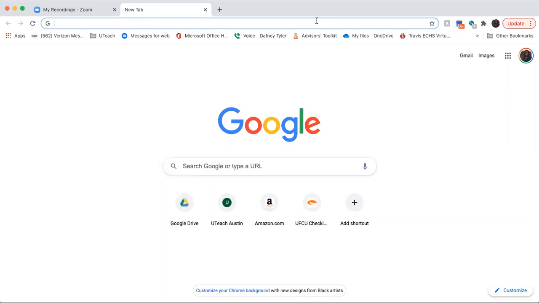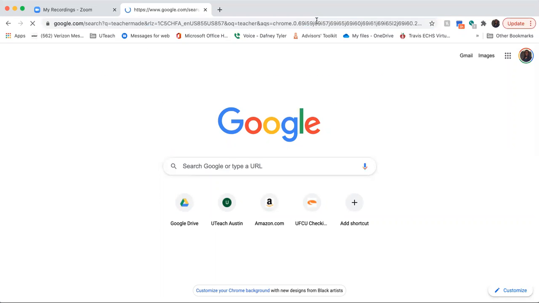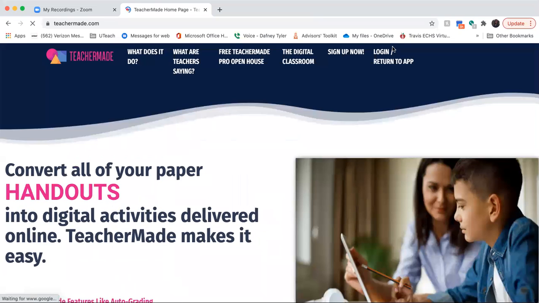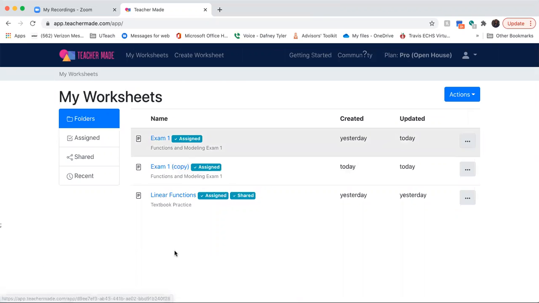So let me get in here and do this thing. TeacherMade basically allows you to take PDFs and make them interactive. I logged in with my TeacherMade account using the login with Google. I just find that that's a lot easier for me and it works. I've created 3 since I played with it yesterday, but I'm going to create a new one real quick just so that we can